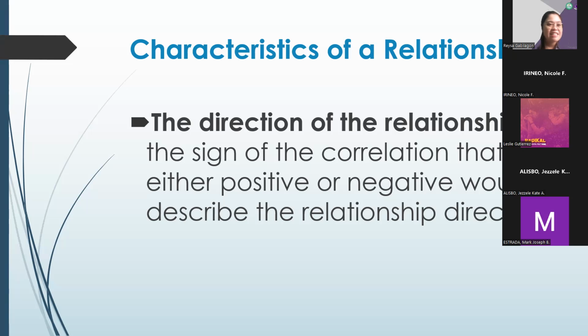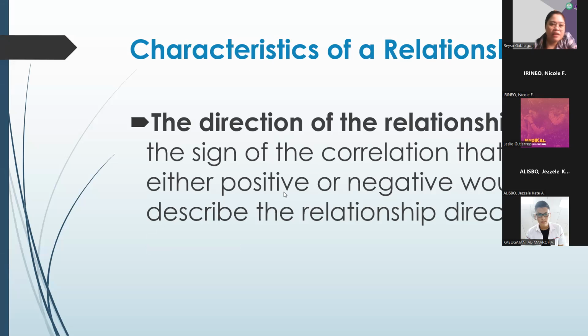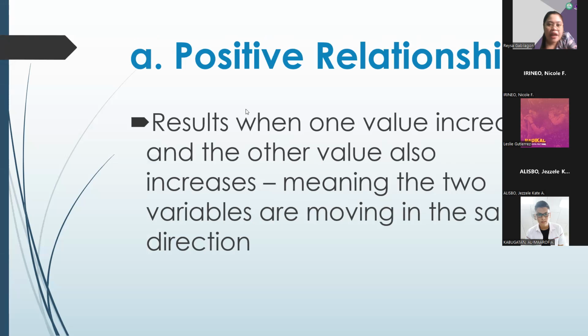In the t-test, it's the t-score. In the z-test, it's the z-score. This time, we call it the r. And the direction of the relationship is again dependent on the sign of the r, because it can be positive and it can be negative. So how do we describe the direction? If the result of the r is